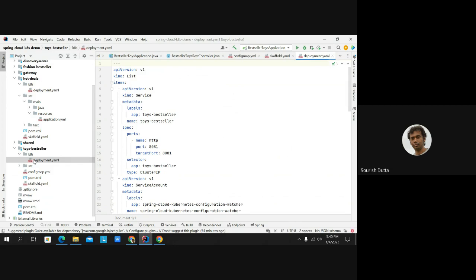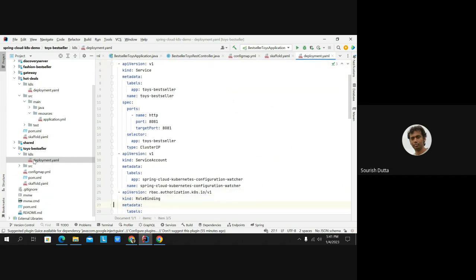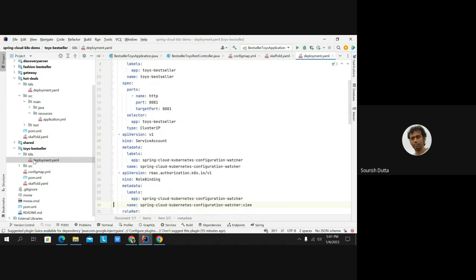So here you have the list of services. What you have is kind is a service, which is an application, the toy bestseller. Name is the toy bestseller. It's going to run on the HTTP port, and the target port is this. The selector is toy bestseller, and it's going to use the cluster IP. It's also going to watch the configuration changes from the Spring Cloud Kubernetes configuration watcher,